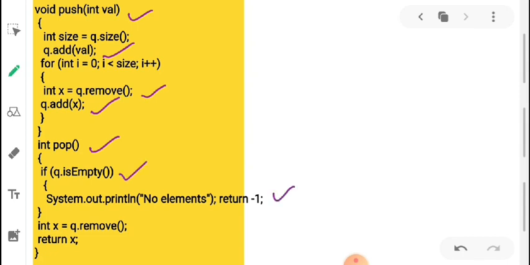If it's empty, we'll return -1, and if it's not, we'll simply remove the front element of the queue, which is the popped element, and return that. The time complexity for pushing would be O(n), and for popping the time complexity will be O(1), that is constant.